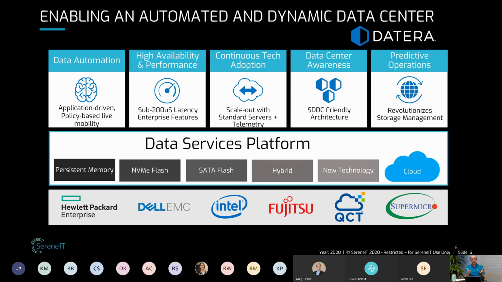That's SereneIT. We look for the best in breed technologies that close that gap as much as they can. And then we automate on top of it to keep our costs low and give a better user experience to our clients. So that's what this slide here is talking about: being aware of all the columns that I've mentioned up on top, continuous tech adoption, modern ecosystems, data services platform, persistent memory, NVMe, going into a hybrid technology, going into the cloud, being able to have a single apparatus go into multiple hooks at any given time, and all of that sitting down on hardware that you